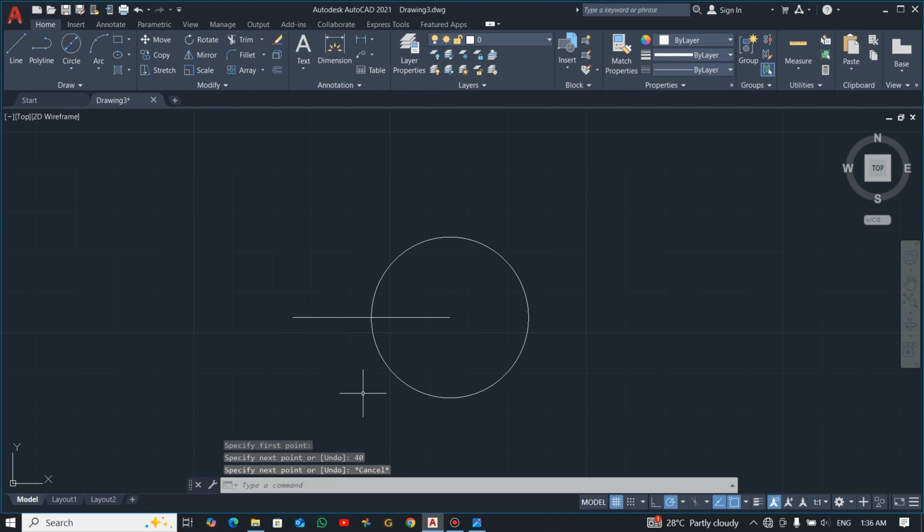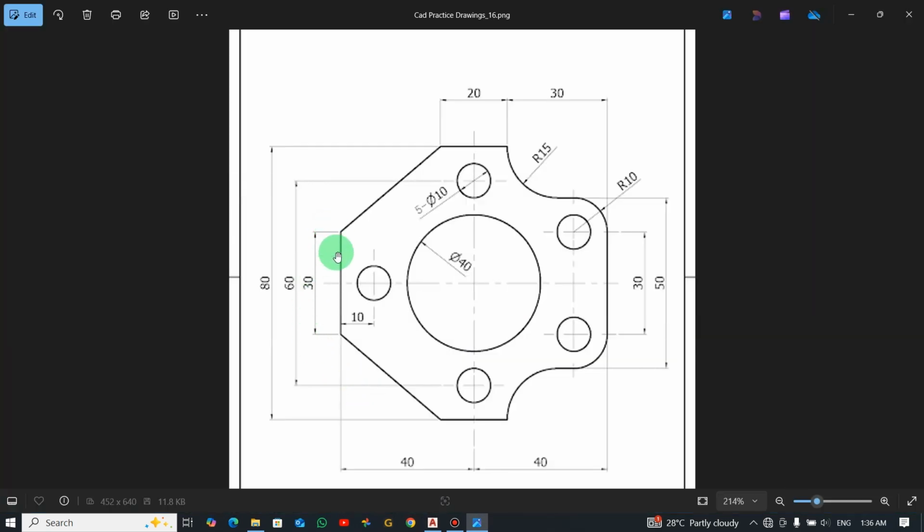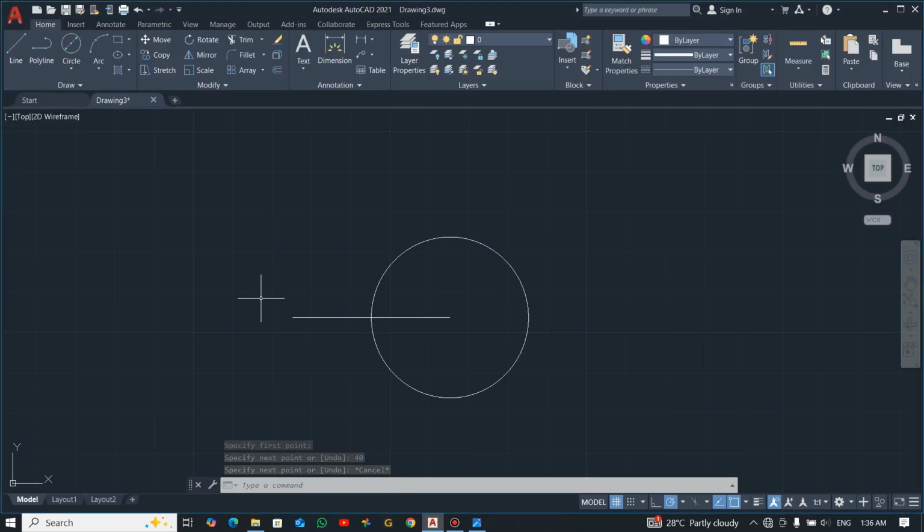Now if you check this, there's a line here with height 30. So let's draw a line again, height 30. Now we are going to move it: select it, press M on your keyboard, the shortcut for move, press enter, select the midpoint and click here to move it to this side. All right,